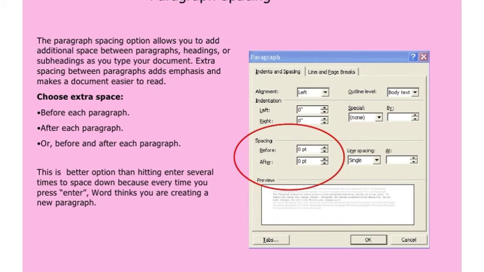Choose extra space before each paragraph, after each paragraph, or before and after each paragraph. This is a better option than hitting Enter several times to space down, because every time you press Enter, Word thinks you are creating a new paragraph.